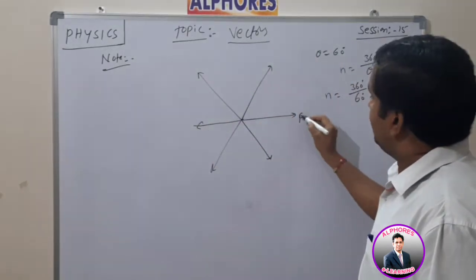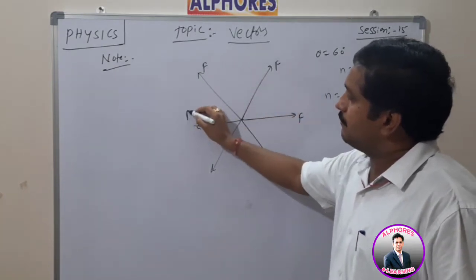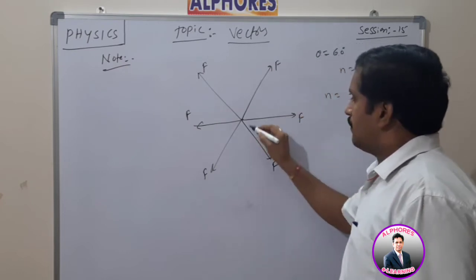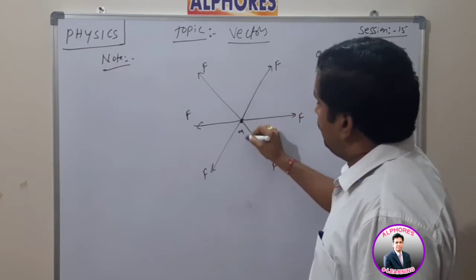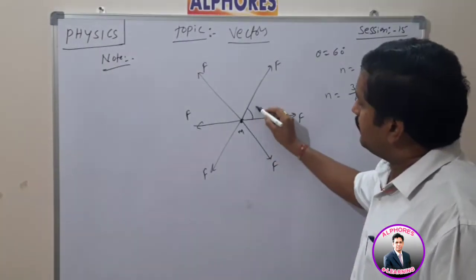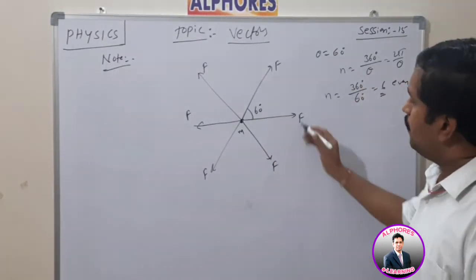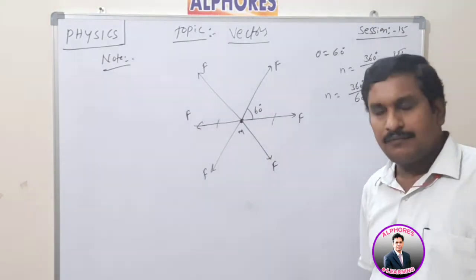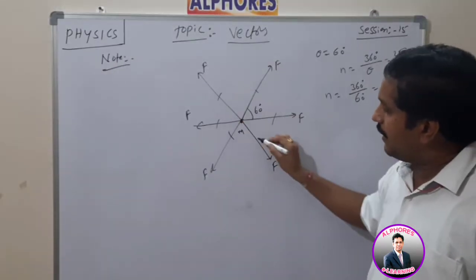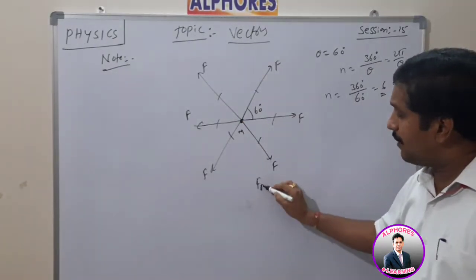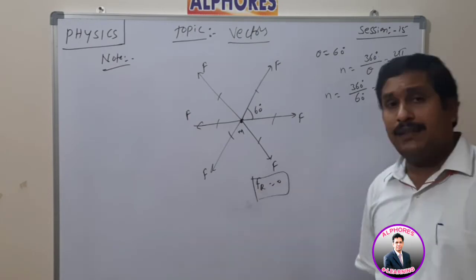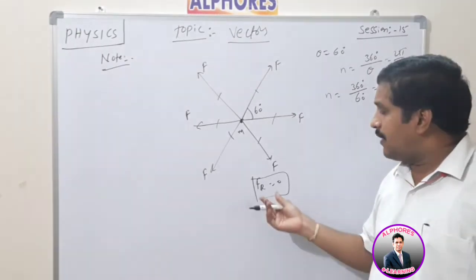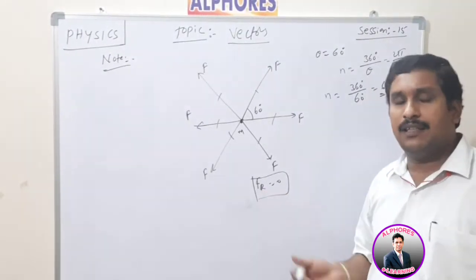Let us say each force has equal magnitude, or otherwise we take different magnitudes. Listen carefully. Suppose this is a particle of mass m, and each force makes an angle of 60 degrees. Due to these equal and opposite forces, they cancel together pair by pair. So the resultant force acting on this particle is 0, which means the particle is at rest, as per the condition of equilibrium. If the net force acting on the particle is 0, then the particle is in equilibrium.